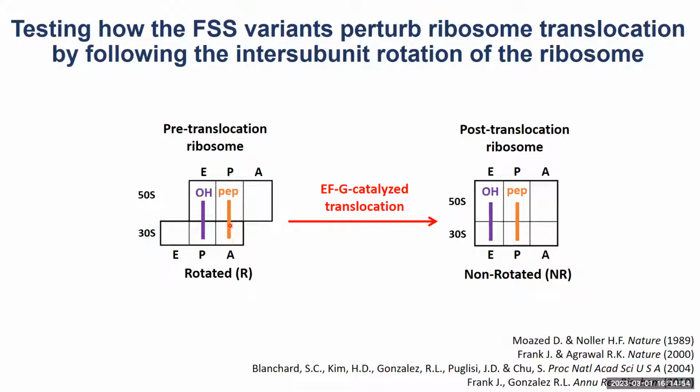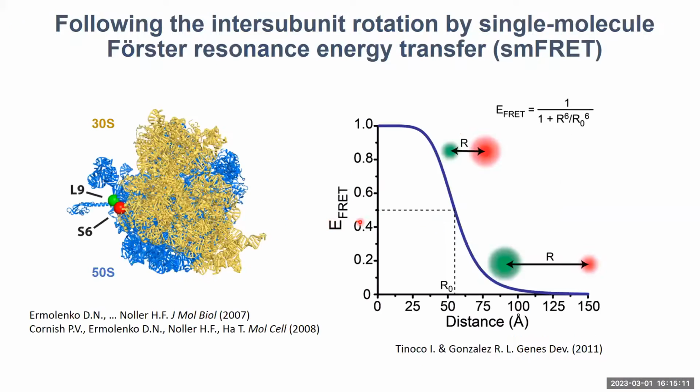So we wanted to see how these variants of stem loops perturb the rate of translocation by following switching from the rotated pre-translocation conformation of the ribosome to the non-rotated conformation, which occurs during EF-G catalyzed translocation. To follow intersubunit rotation, we used a Förster resonance energy transfer (FRET) assay that was established in the Knowles lab, where we introduced a donor fluorophore in protein L9 of the large subunit, and the other, acceptor fluorophore, in protein S6